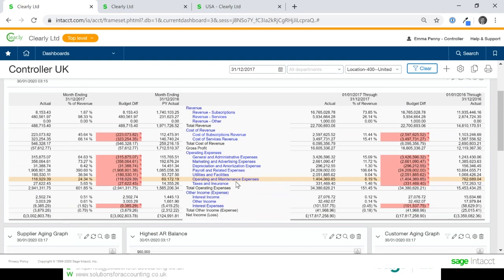You can do the same. A department is just another type of dimension. So again, you can do a departmental report where you're effectively filtering your transactions by saying which transactions relate to this one department or another department.